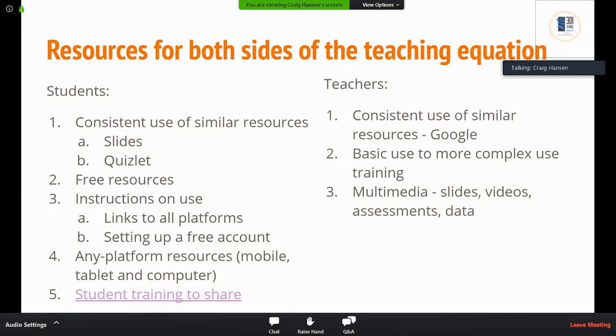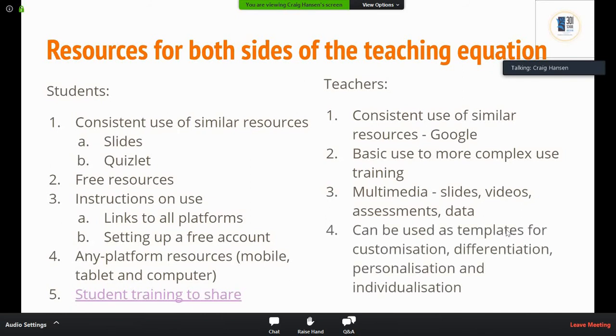Then what do they do with that result? What do they do with their 50%, their 70%, their 90%? We'll show you how to capture that very simply and very easily using a Google Doc. So Google Slides, a Quizlet, and a Google Doc. Same similar platform for everything. Let's keep life simple.